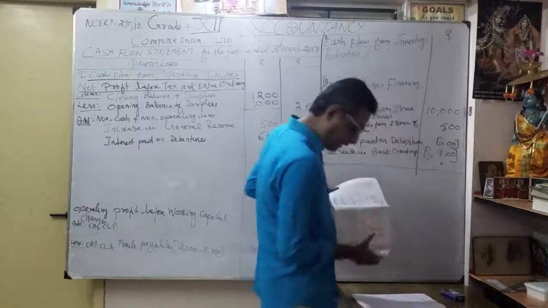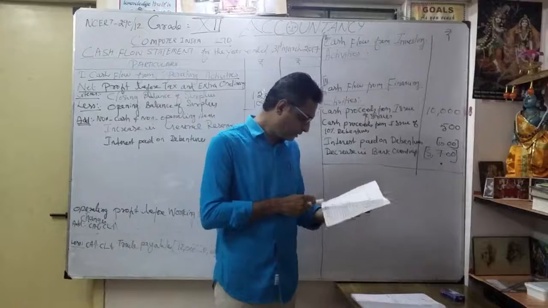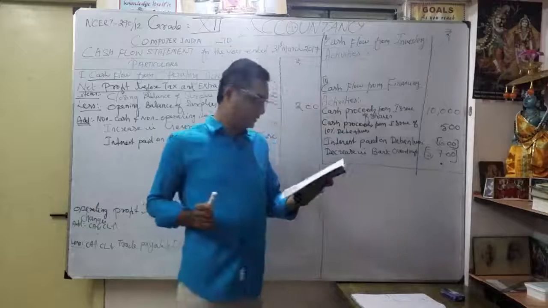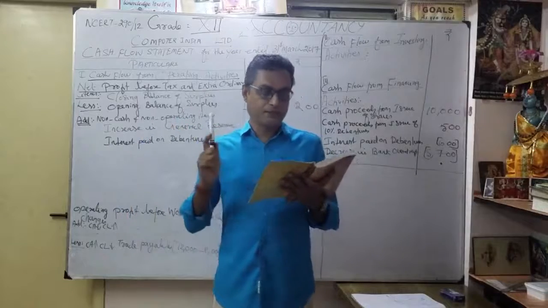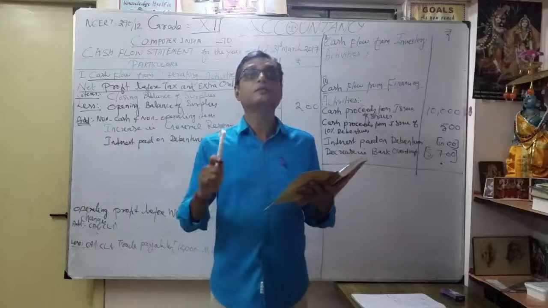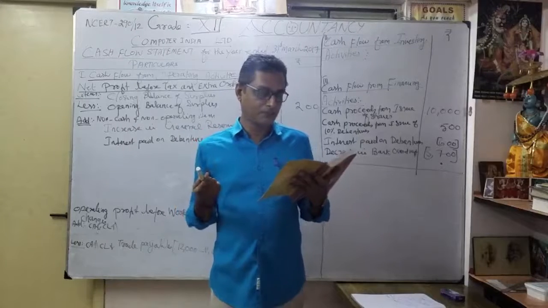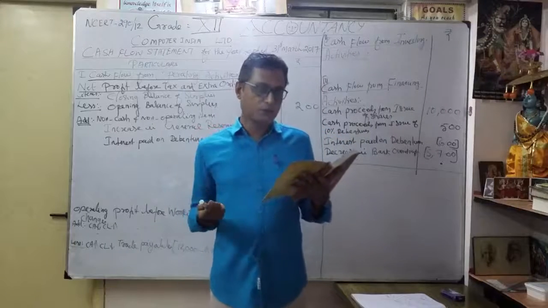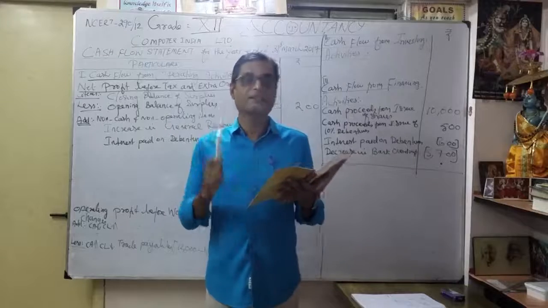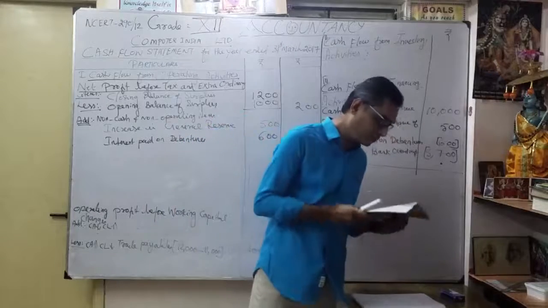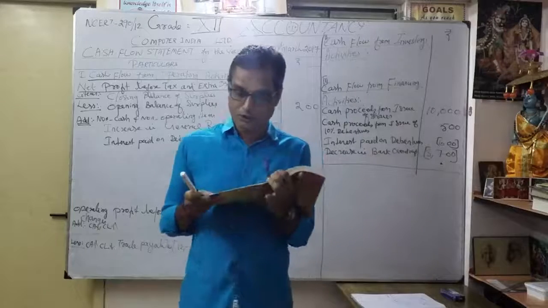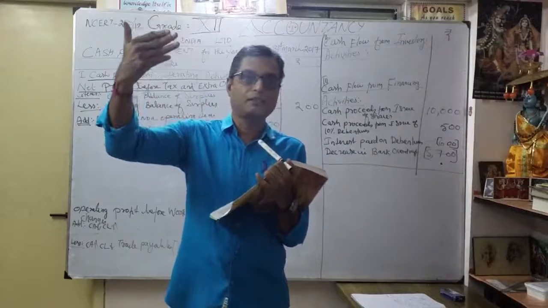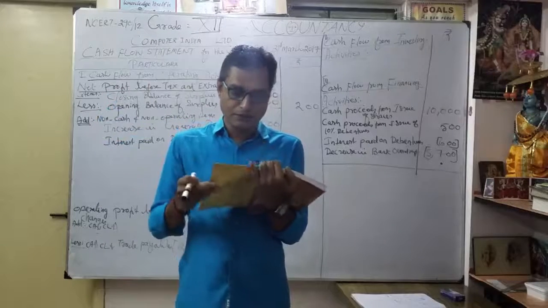Right? Thereafter, what next? Short-term provision. Here should be very careful. So short-term provision. See note number 3. What they given? They are given two short-term provisions. One is provision for taxation. That is 2016 3,000, 2017 4,200. Thereafter, proposed dividend. 2016 5,000, then 2017 5,800. Now you know how to write. First you have to take provision for taxation. For 2016, how much? 3,000. That means whatever the last year provision, we are going to pay in the current year.